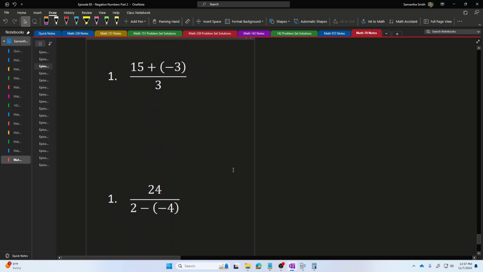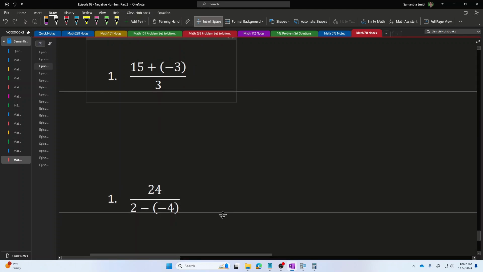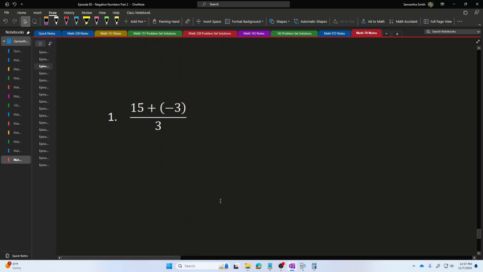What about this one? Someone says to me, I'm interested in 15 plus -3 all over +3. If I use PEMDAS to calculate this expression, the first thing that I'm going to do is complete the calculation on top of the bar, because there are hidden parentheses on top of a division bar like this one. Now, if I have 15 units here and I add -3, I remember that adding a negative number is the same thing as subtracting a positive number. So I could think about that as 15 subtract 3 if I want to.